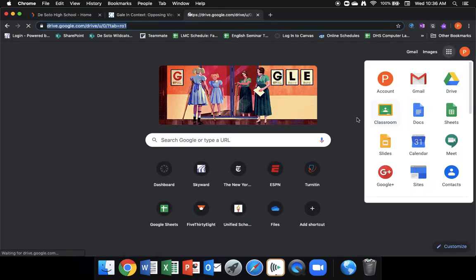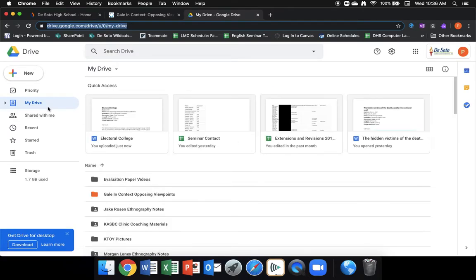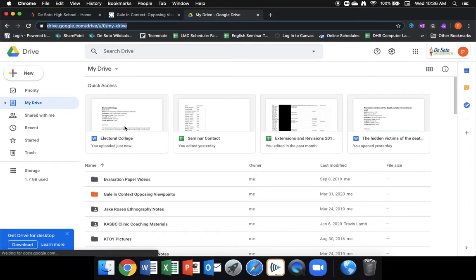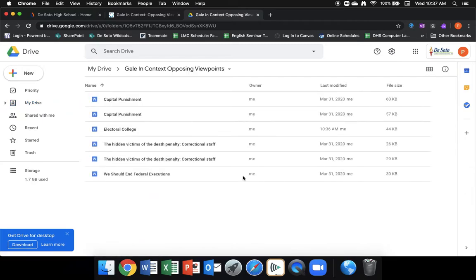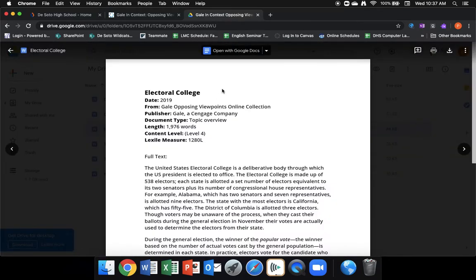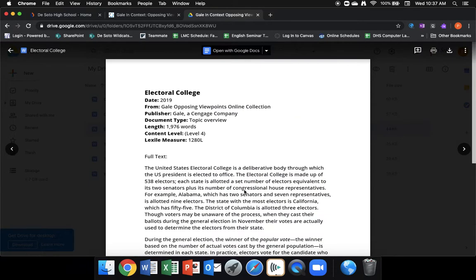If you go to the Google Drive, I'm here on my drive, and this is the one that just got here. But I'm going to go to the Gale in Context Opposing Viewpoints, and I've saved a few articles here playing with this again to remind myself. And you could see I was looking at capital punishment. But let's look at this Electoral College one. And if you double click on it, you could see that my highlighting is still there. And if you go to open in Google Docs,